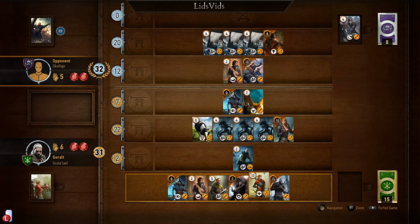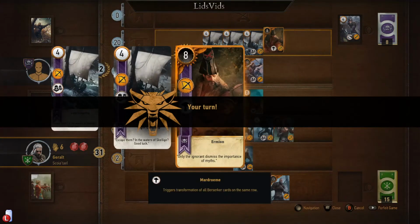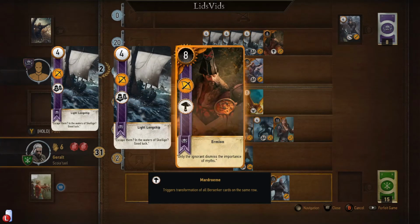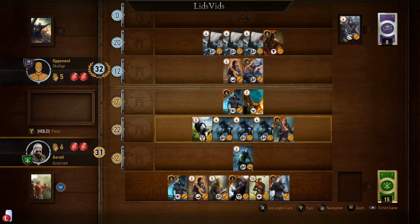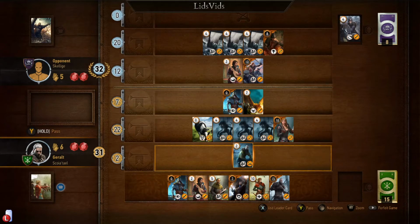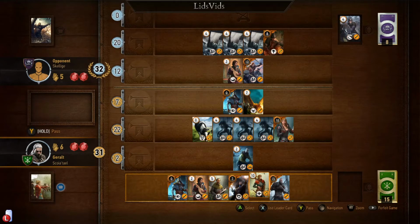Oh, what? We do not have Ermion. Use Marjoram on this row? Interesting. I mean, you don't have any Berserkers out there at the moment, so it didn't actually do anything. But I do wonder if we'll be able to get Ermion if we win this match here. That'd be pretty nice. Oh, that's enough for you to take a 1-point lead here. That's